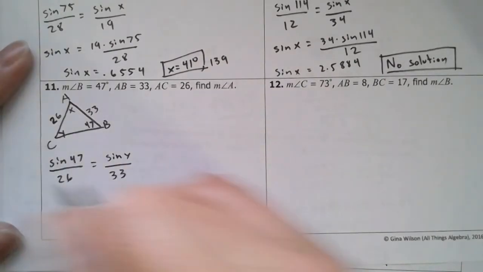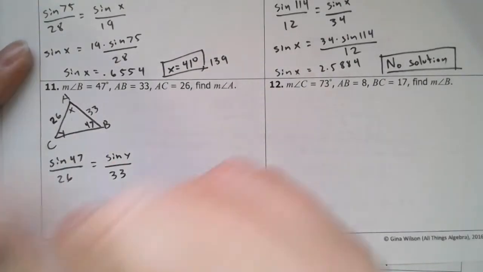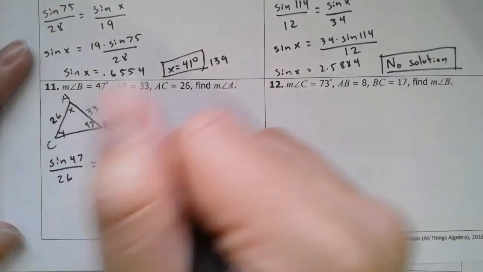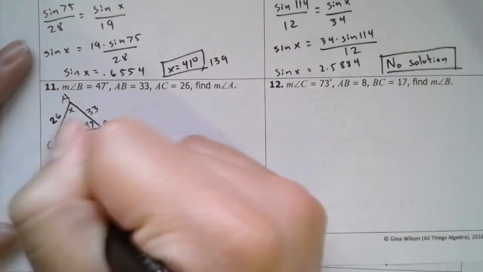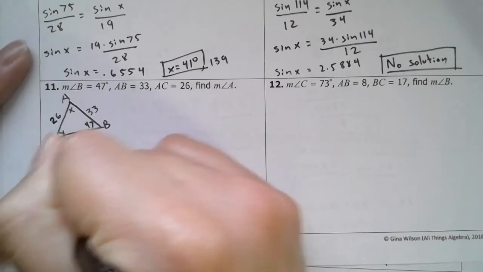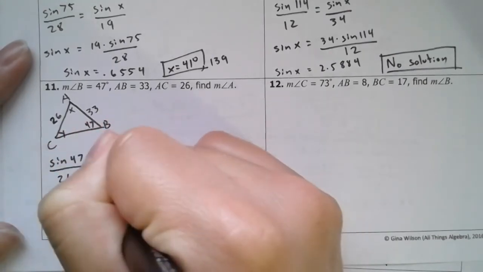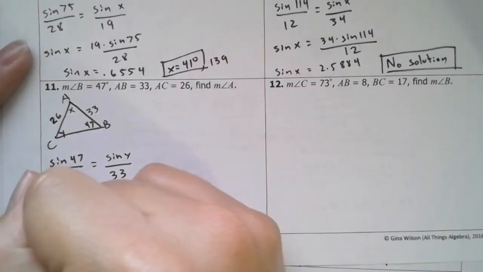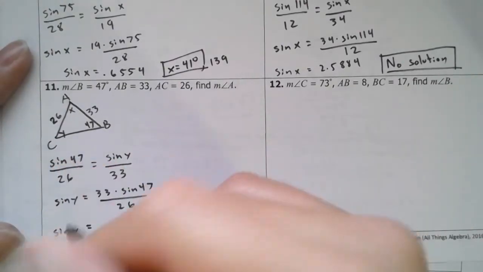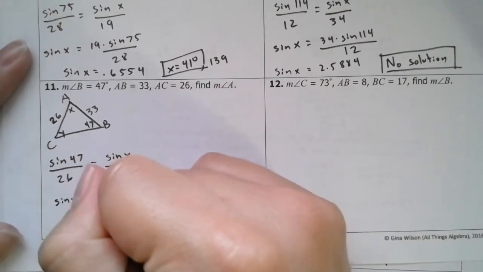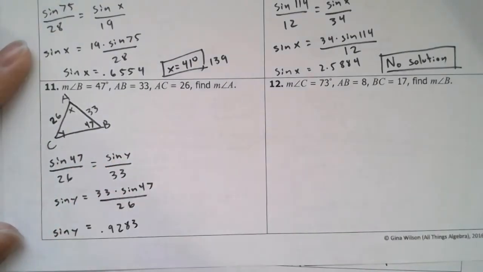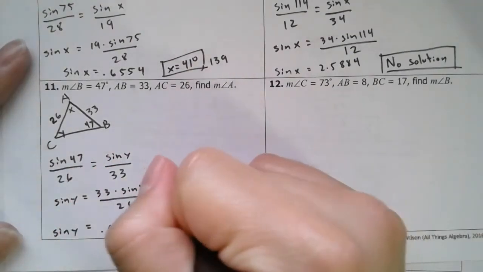And then from here I can find angle Y by solving this. So sine of Y is equal to 33 times sine 47 over 26. If you put this in your calculator, you're going to get 0.9283. So then angle Y, you're going to get